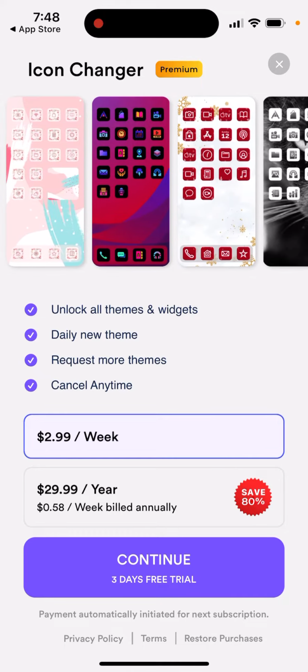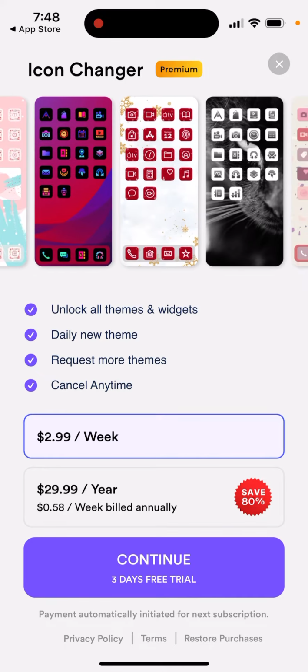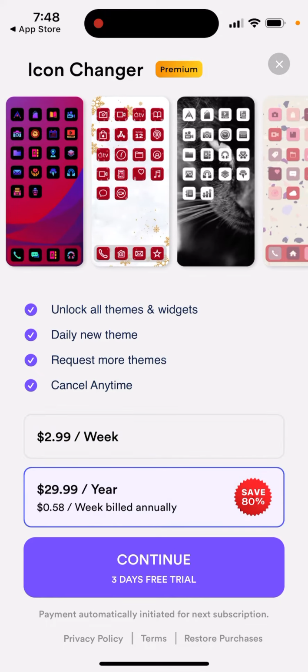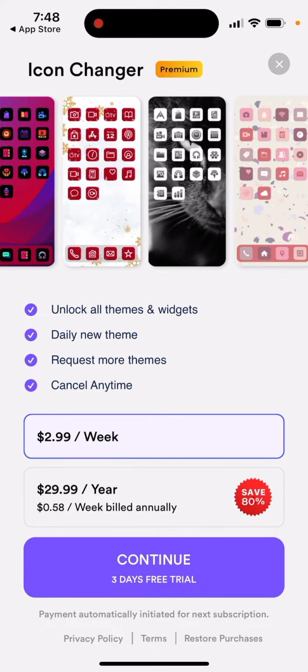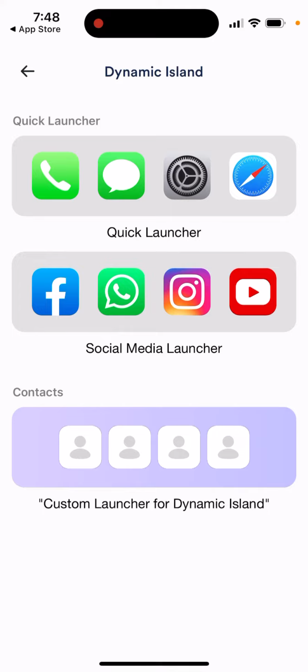So you can see here, price per week is $3. Yearly it's $30, so pretty nice price. And then there is a 3-day free trial both on a weekly plan and a yearly plan. Pretty nice deal. And then here you can customize your quick launcher in the